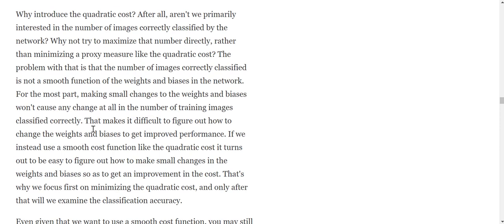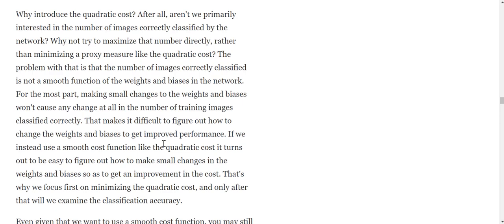So suppose you make a slight change, and due to that slight change, there is no change in the number of classified images observed. Earlier also only 20 out of 1000 were classified correctly, and even after a small tweak, 20 out of 1000 are classified correctly. So the model will not know what really to do. However, when you turn to the cost function, you will know whether the values have come closer or gone far apart, and make tweaks as per the need.